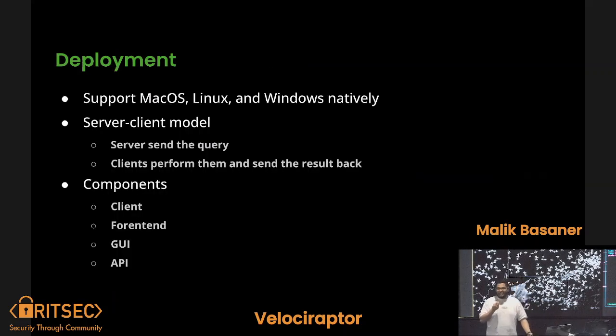Natively, Velociraptor supports macOS, Linux, and Windows, so you will not have a problem depending on the environment or system that you're trying to get. It should just work, and it follows, as we just saw, a server-client model. The server sends the query, the client does the heavy lifting and gets the results back to the server. The end user, the admin, or the analyst can then see all the logs in a centralized place. So this seems a little bit redundant. What's the difference, or why does Velociraptor make any difference, or why do we have Velociraptor in the first place? But before we jump into that, let's talk about the architecture, the design, and the components of it.